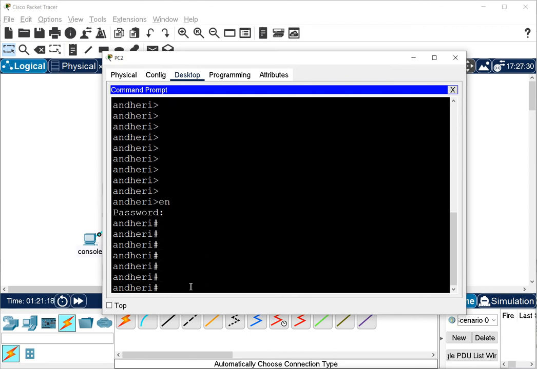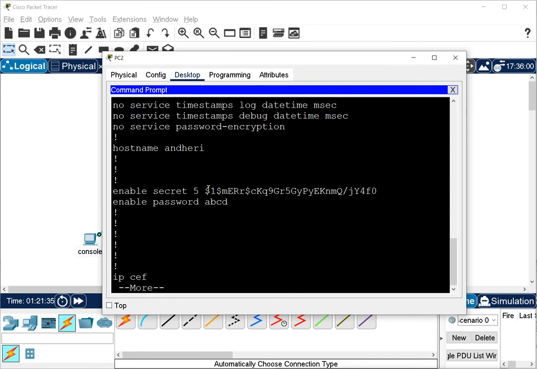If you have not set the privilege mode password, then again it will not allow you to go to privilege mode through the telnet connection, because it is not a primary connection. Just like auxiliary, it will also not be allowed. But the other passwords are not secure. This password is secure, and we can see the other passwords, but we cannot see this password.